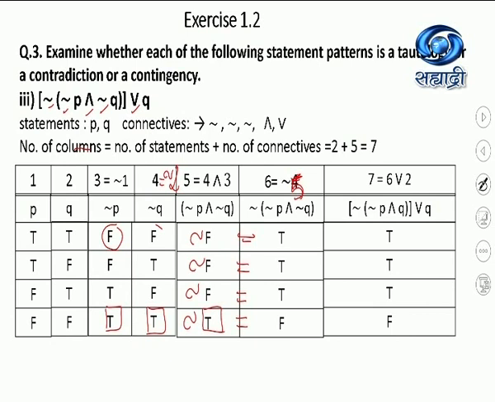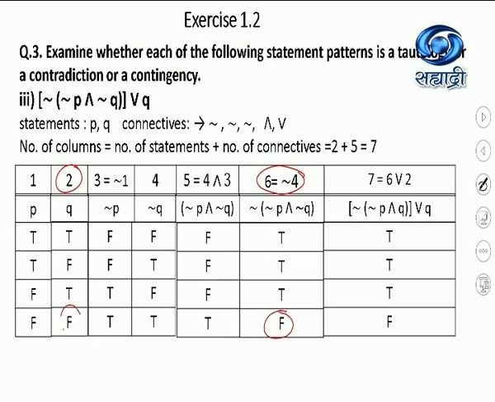And the last column will be the square bracket or Q, meaning column 6 or column 2. Now where is my column 6? Here is my column 6, or column 2. Or means I need only F or F is F. For or, disjunction, all other values will be T.